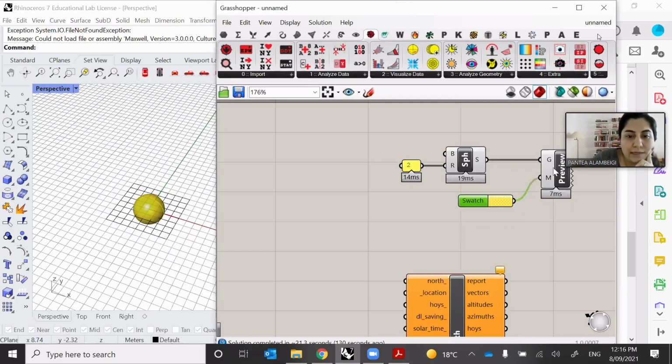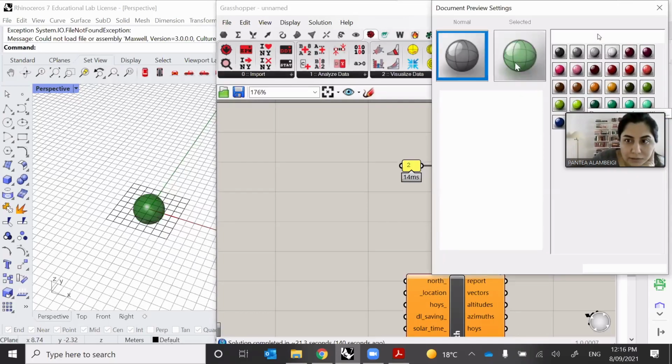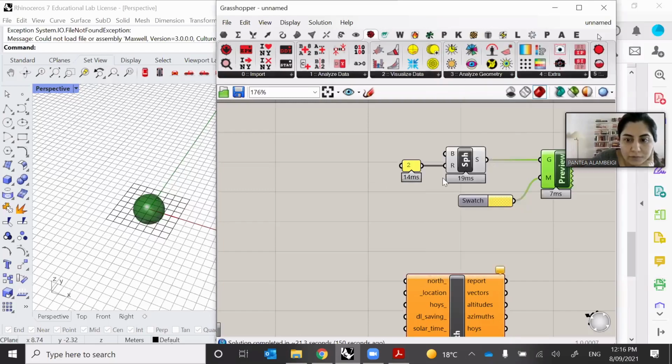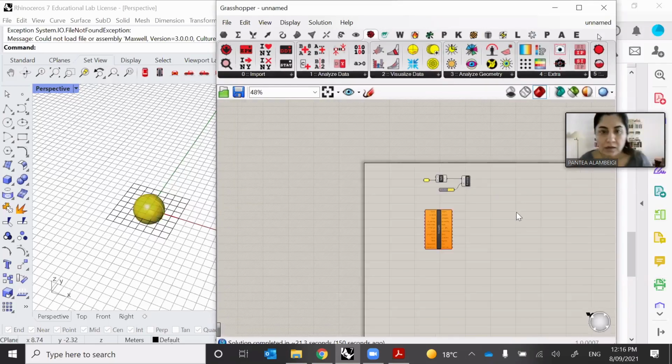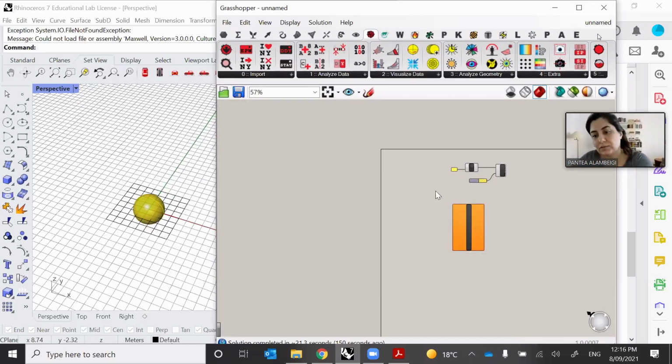Notice that when you select it, it becomes green. That's because of the setting that we have on Grasshopper. That green is the selected item and black is all items. Okay. If there are no other questions, we will get into